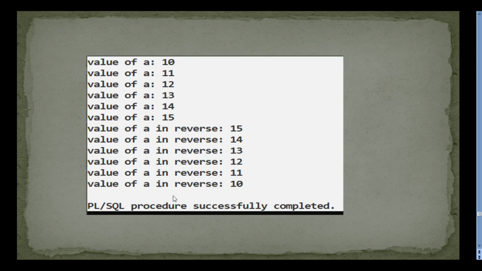So the actual order is 10, 11, 12, 13, 14, 15. When you print in reverse order, it prints 15, 14, 13, 12, 11 and 10. This is how we use for loops in natural order and also reverse order.